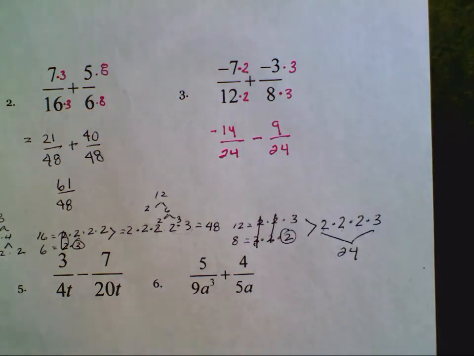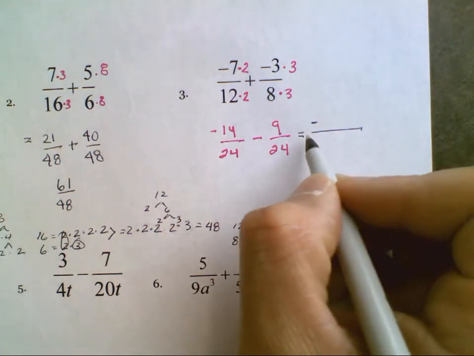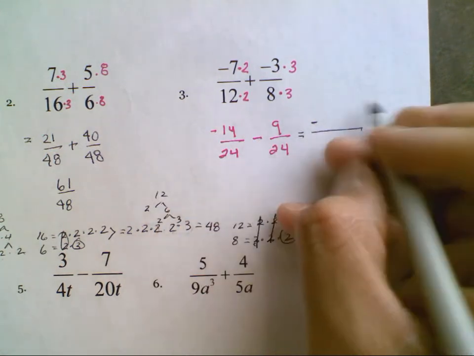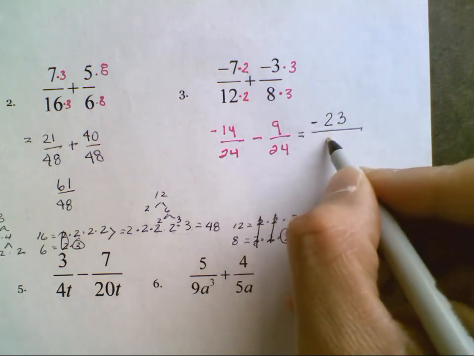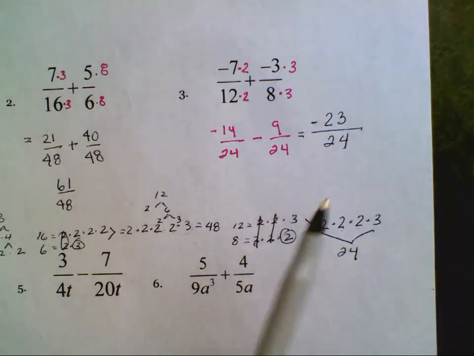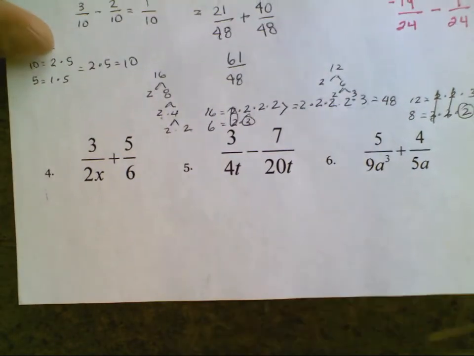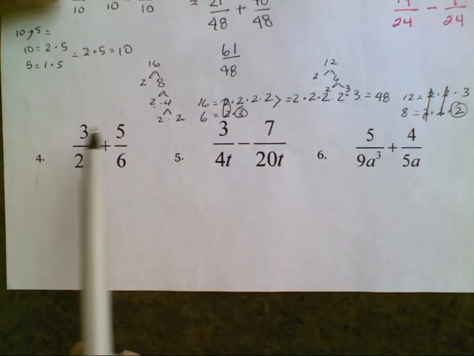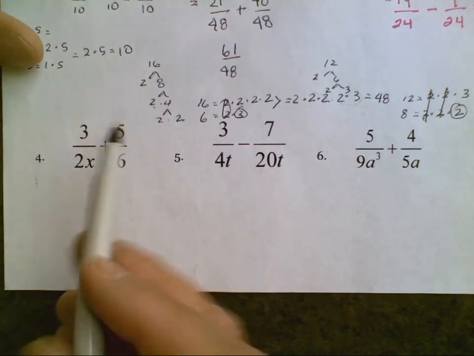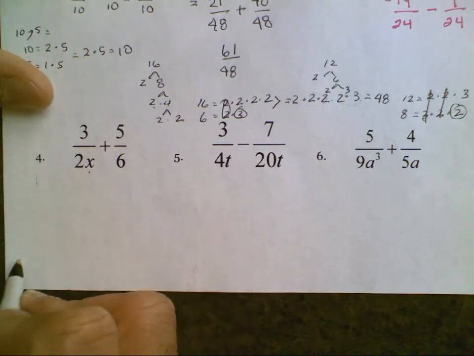So this one is the addition of two negative numbers. So I have negative 14 minus 9 is equal to negative 23 over 24. And that will be my solution for problem number 3. Let's move to problem number 4 here. Problem number 4, what I have is 3 over 2x plus 5 over 6. I have a variable, so it's x. So in this case, the least common denominator